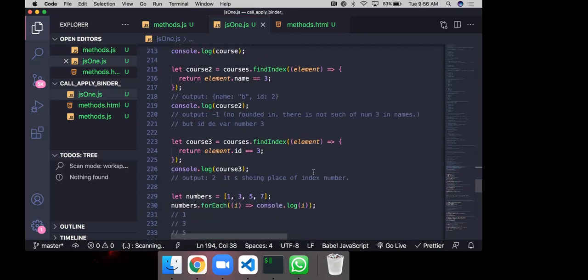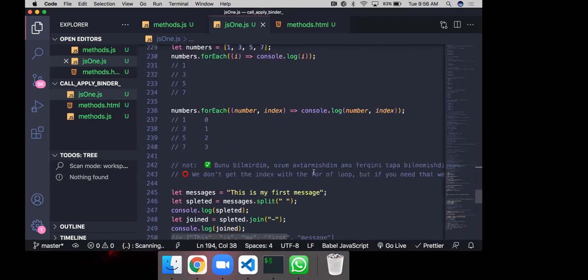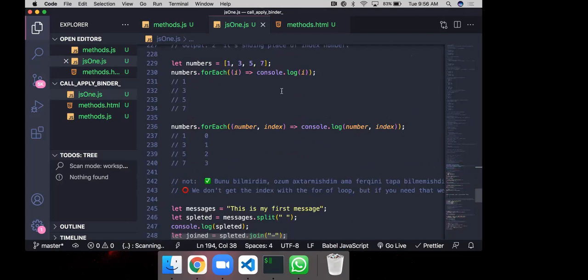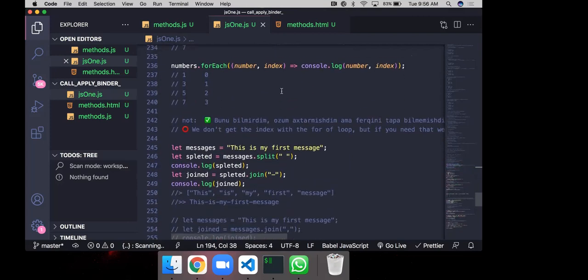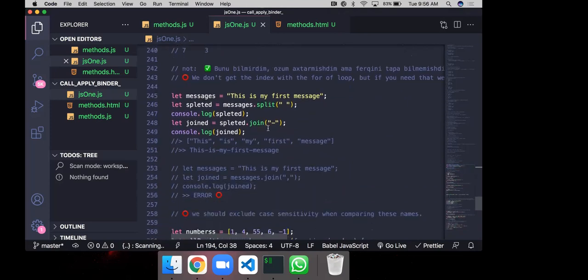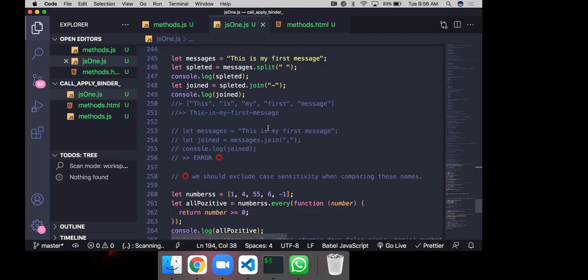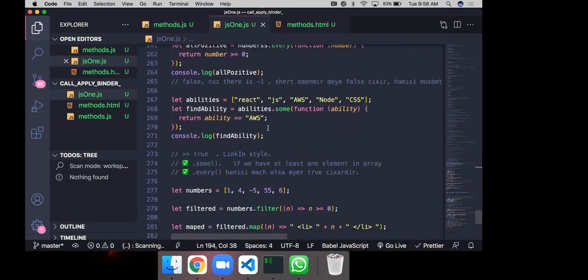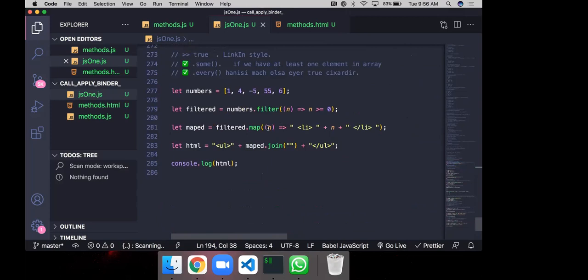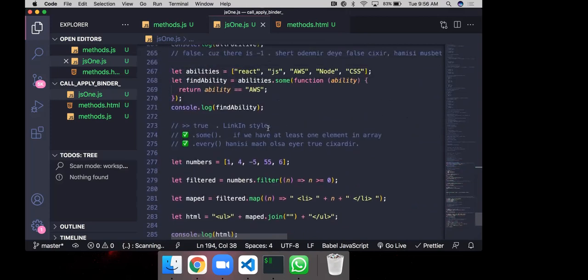I practiced forEach. And one more alternative way, I'm going to find the filter.